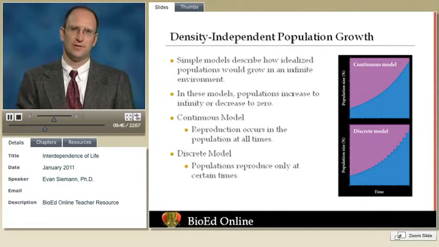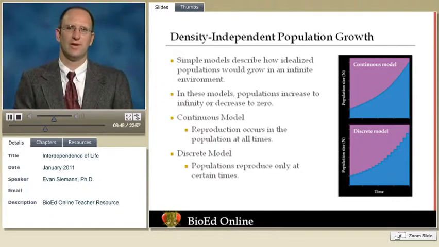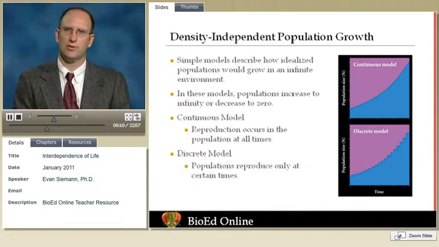The growth of populations can be described with simple mathematical models. In these models, growth rate is determined by 4 processes: immigration, emigration, so the entering of individuals into a population or the exit of individuals from a population, and by births and deaths. Those 4 factors together are all brought into a single growth rate term in 2 different types of mathematical models.